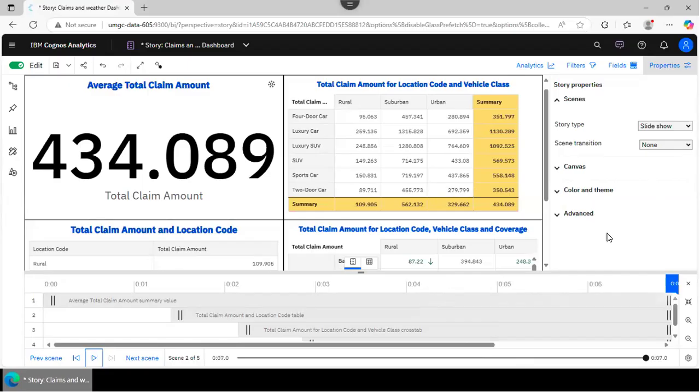Okay. And I'm doing the slideshow for the story type. Few things to remember. Look, I created this story from the dashboard. If I was gonna go and make any changes to the dashboard after I save it as a story, the changes will not be applied to the story. So please make sure that you are totally done with the dashboard before you create a story, because then the changes you make are not going to be applied. Okay,